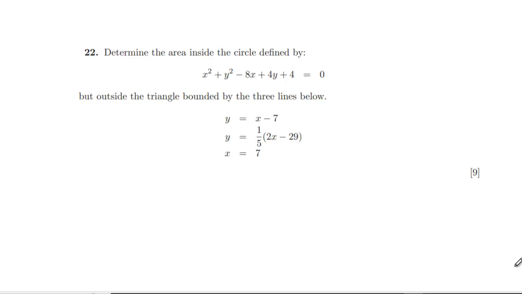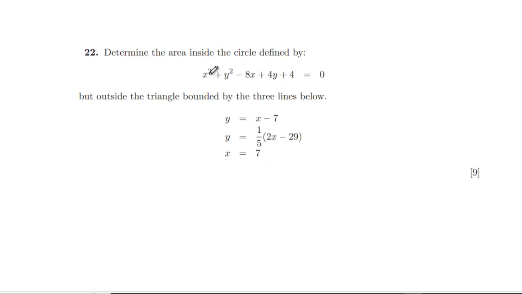Hello, so I'm just wrapping up the last part of the 2018 Oxford PAT. We've got two questions to go. Here's question 22. Determine the area inside the circle defined by this, but outside the triangle bounded by these three